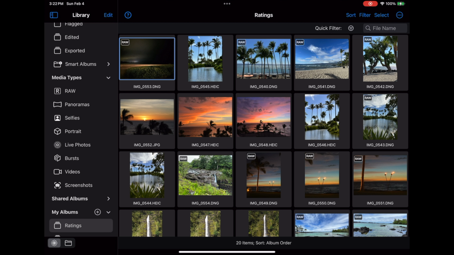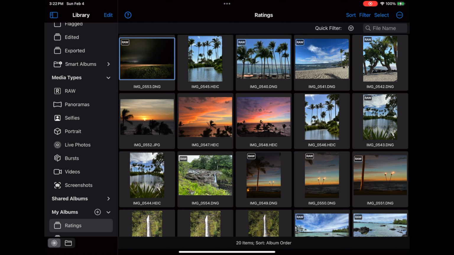In this video, I'll show you how to use Nitro to rate and flag images on iOS. Ratings in Nitro use a 5-star system, and you can flag or reject images as well. Nowadays, people often use flags for an initial review, where images are quickly rejected before going through a more detailed